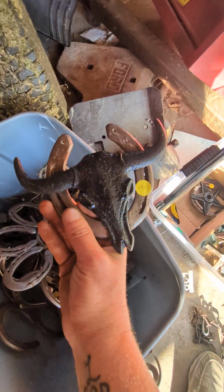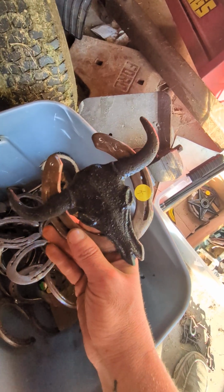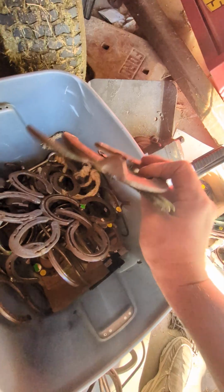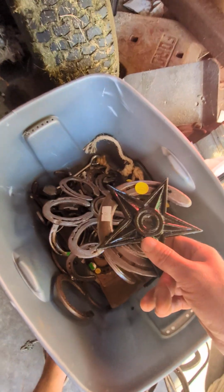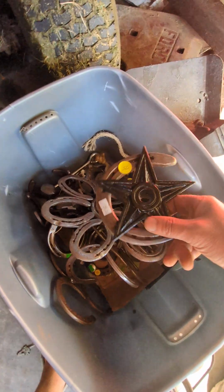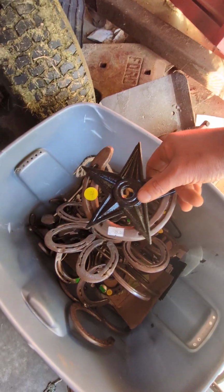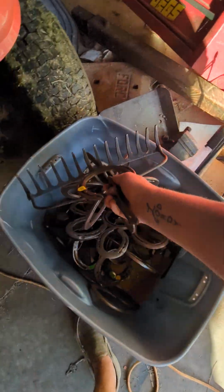Just to mix it up for people, whether you're into the Longhorn football team or that Western tackle. That is a Gordmans cast iron. I don't know where the heart came from, but it's not a Gordmans one. I just saw it at a garage sale and said it looked good, whether you're a Cowboys fan or whatever, or Western tackle. Anywho, I've got to get it all cleaned up, and then